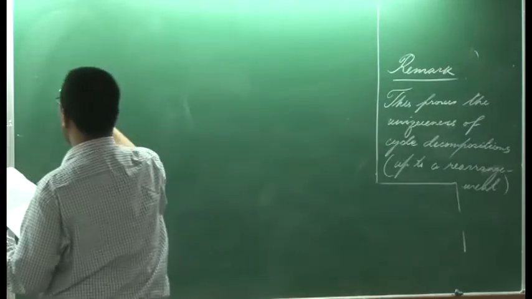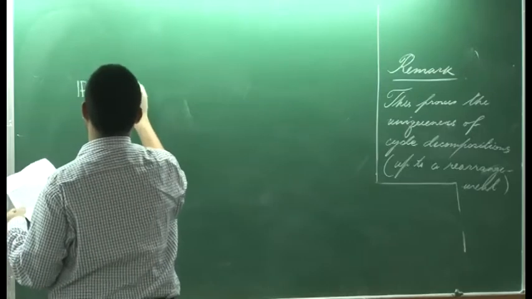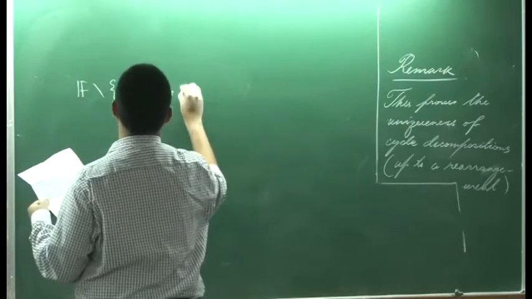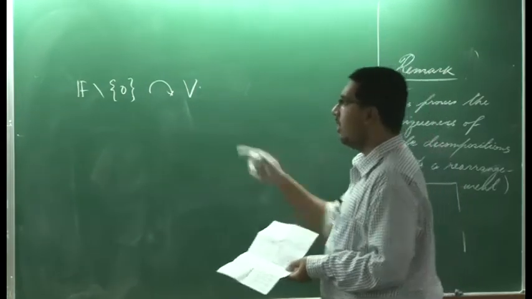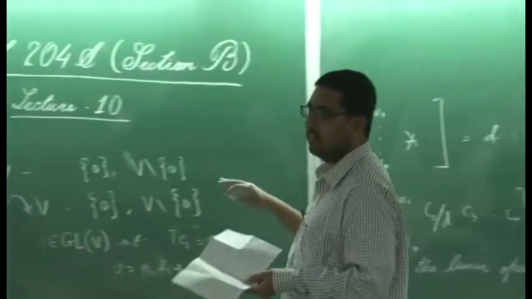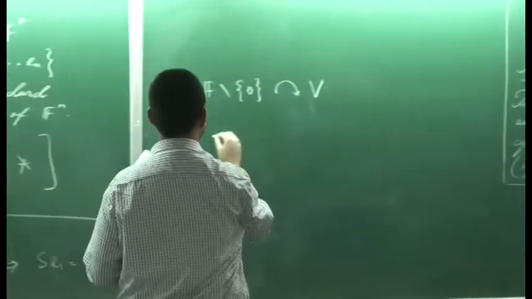So, for any vector space V, if we consider the multiplicative group of the field that acts on V, what are the orbits under this action? Of course, the zero vector, no one is going to move the zero vector. So that is a singleton orbit, a trivial orbit, let us forget that. Now, for any non-zero vector V,